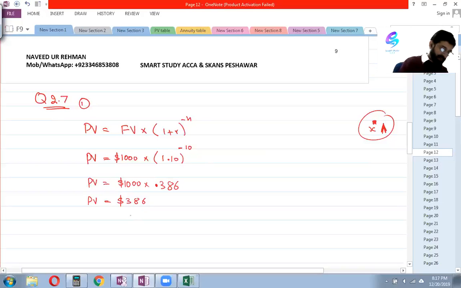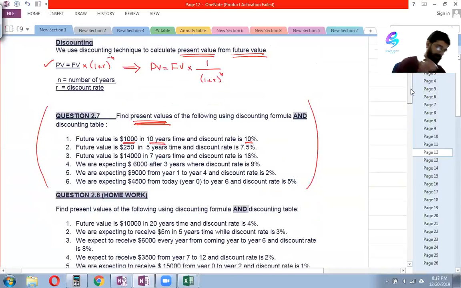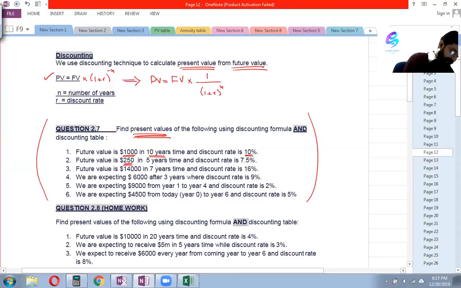So if I tell you that I can give you $386 now or $1,000 after 10 years, you would say, well, if you want to give us after 10 years, then give us $1,000, because $1,000 after 10 years is equal to $386 now. That's the first calculation. If there is any confusion, do let me know. Otherwise, if you can do the second one,